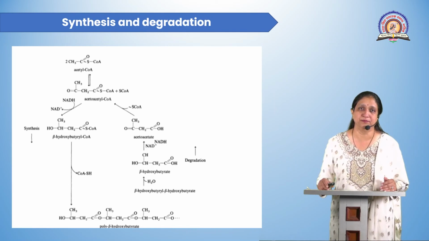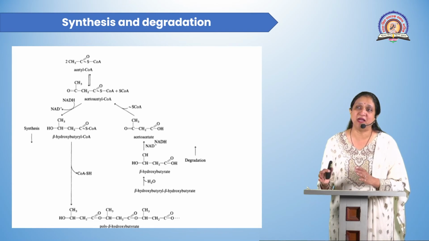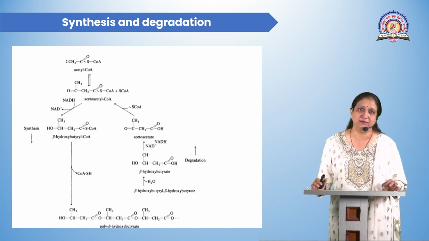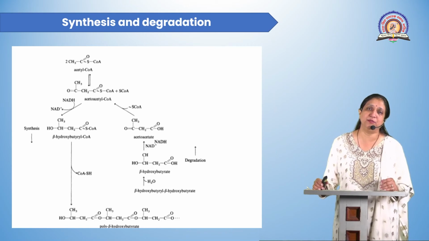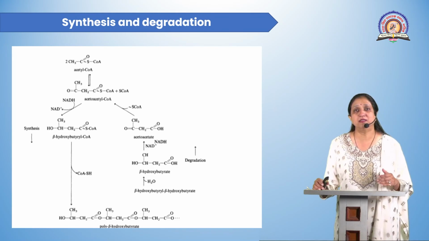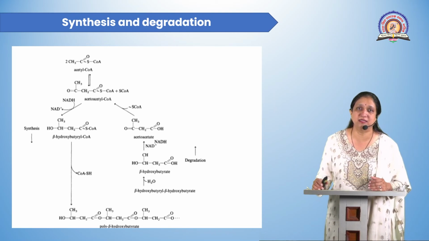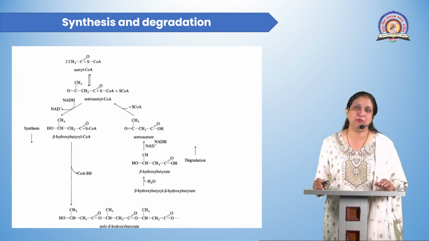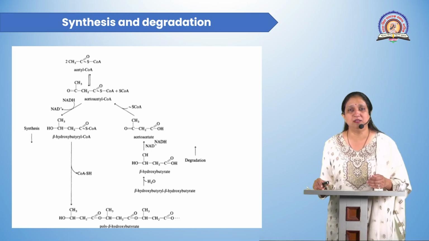formation of a granule. So synthesis of the granule occurs by a process which bypasses the citric acid cycle from acetyl coenzyme A. But when there is replenishment of nitrogen source in the medium, at that time the poly-beta hydroxybutyric acid granule is degraded to form the beta hydroxybutyric acid. Beta hydroxybutyric acid gets converted into acetoacetic acid, which reacts with a coenzyme A molecule to form the acetoacetyl coenzyme A, which can be converted to two molecules